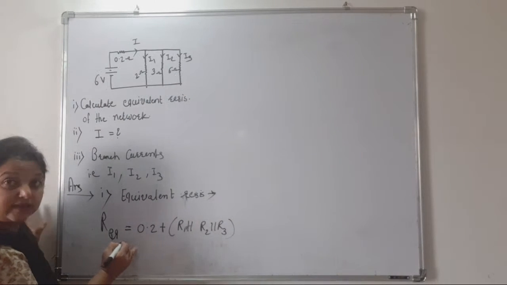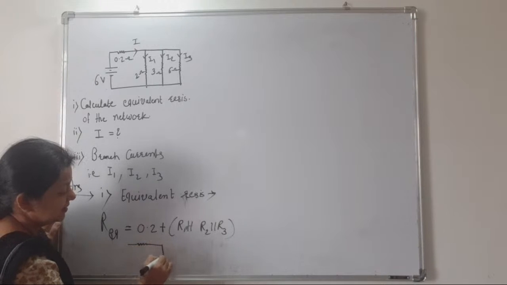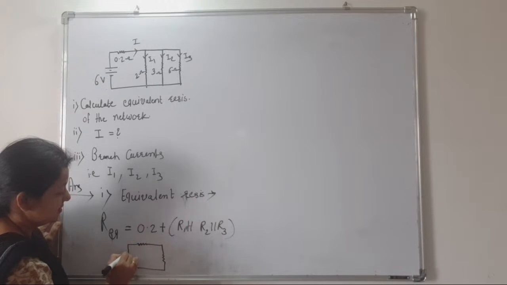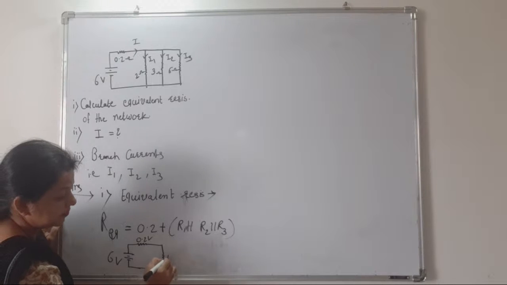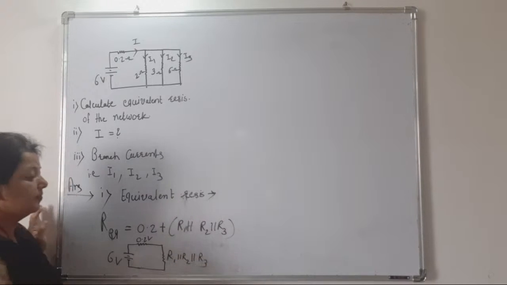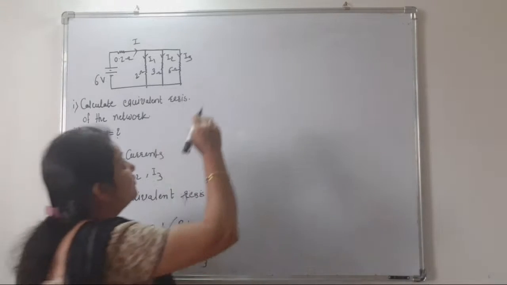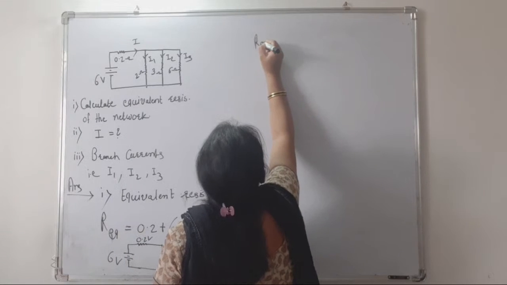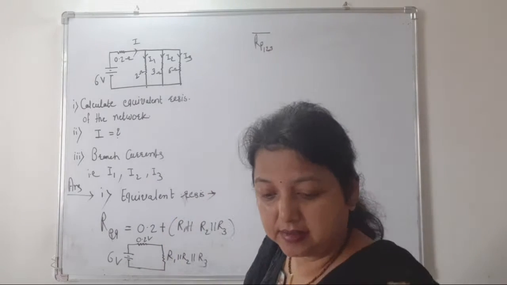Means the circuit is like this. See here the circuit. Here is the parallel combination of R1, R2 and R3. So first we calculate Rp123. For that